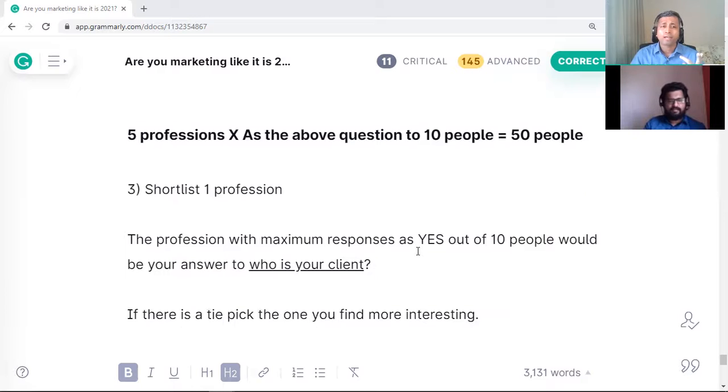And what happens if you have a tie? If there is a tie where you have 5 responses for profession A and 5 responses for profession B, in this case sales coach and sales consultant, then whichever you find interesting, personally, you can pick. Both are equally active. All this data will be used, because at the end, when the whole framework completes, I will explain how you can use this tie data, or where there are conflicts, or where you are not able to make any decision, you keep them and go with one. And I will explain at the end how you can use the one which is left out, if you have to use it, it's not compulsory.